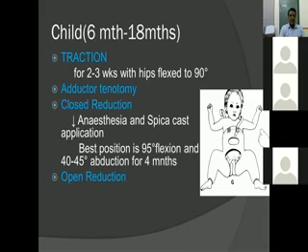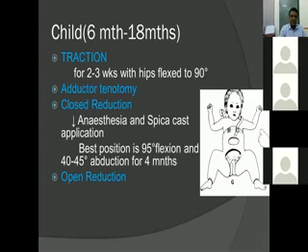After the age of 6 months, these splints won't work because of the instable ligament laxity. Everything wears off and the hip gets fixed in the dislocated position. The harness or splints won't work. So from this age, traction has to be applied for the relaxation of the contracted capsule and the soft tissues around the hip joint. The traction has to be kept for 2 to 3 weeks with the hips flexed to 90 degrees with the buttocks off the bed.